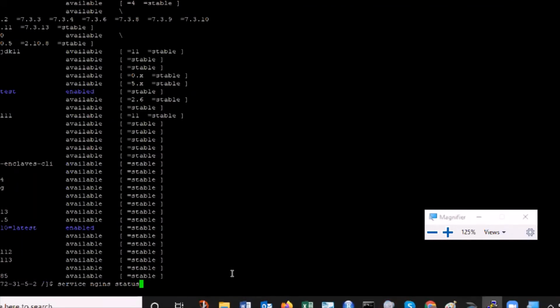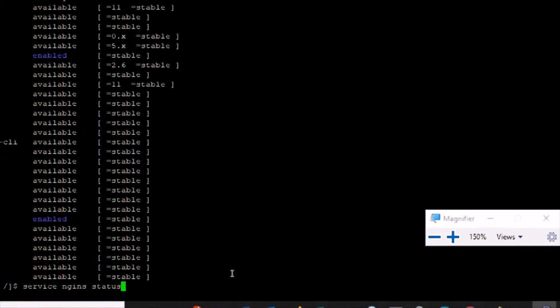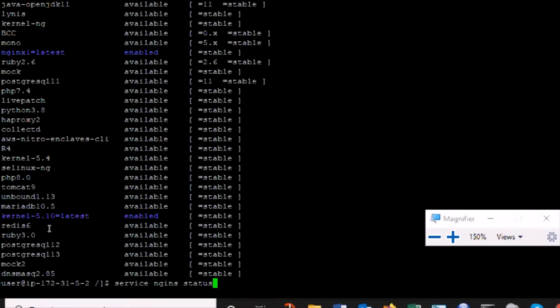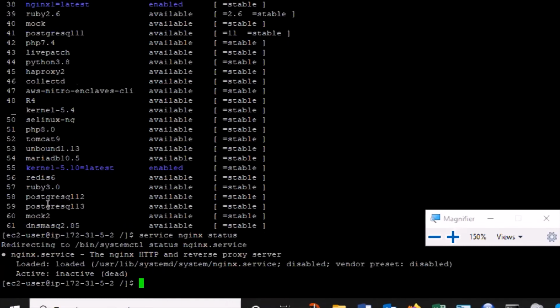Okay, service Nginx status. If you see this, it says Nginx is disabled. Nginx is not up and running,